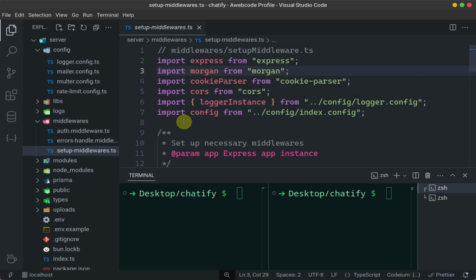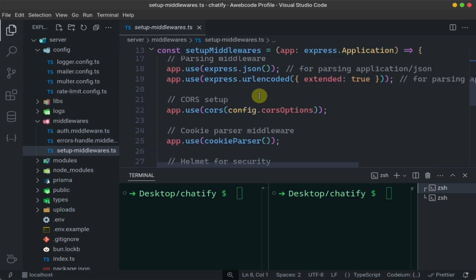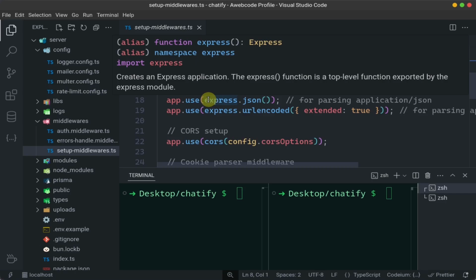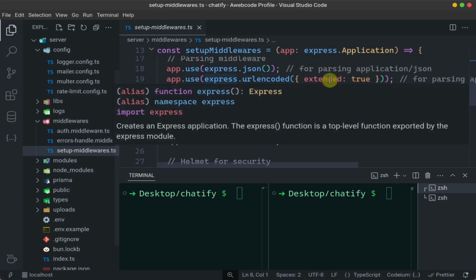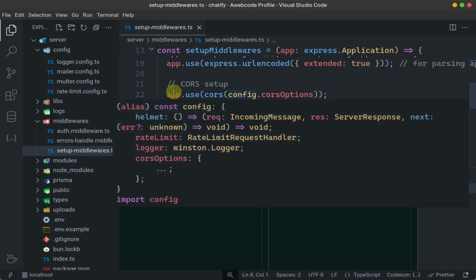Our server port number is 5000, and when we request from Next.js or React, their default port number is 3000, or we can use it from anywhere. So the port numbers mismatch. That's why CORS decides which origins will be allowed to use the server. Okay, this is the similar one for parsing JSON and URL-encoded bodies, and for the CORS configuration in our config file,